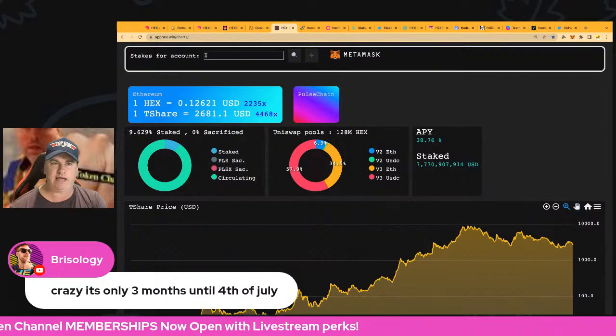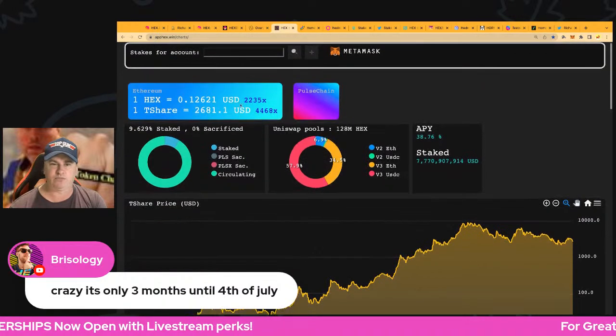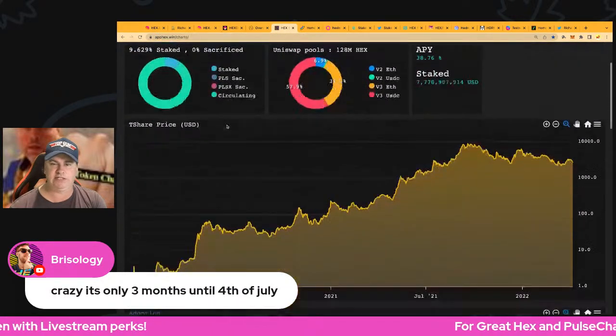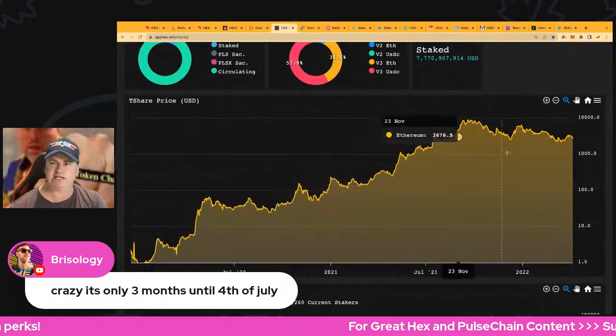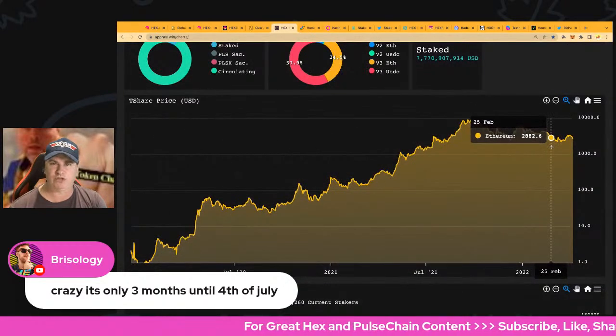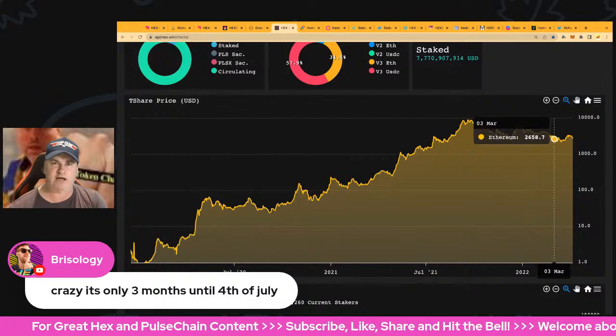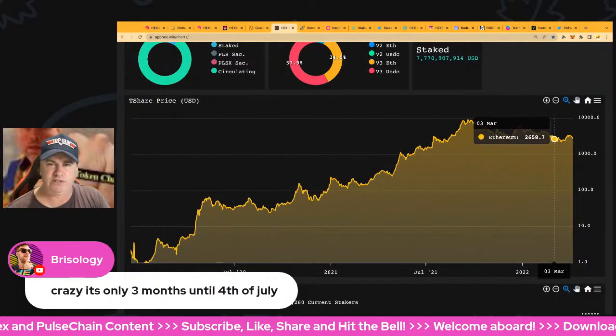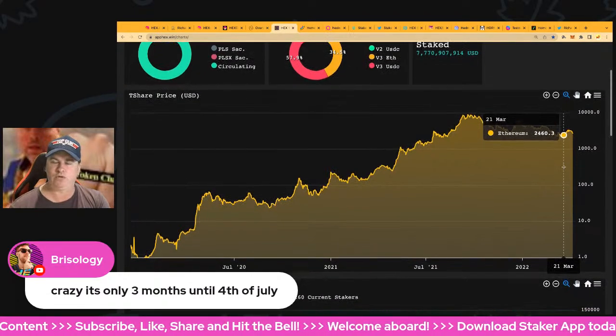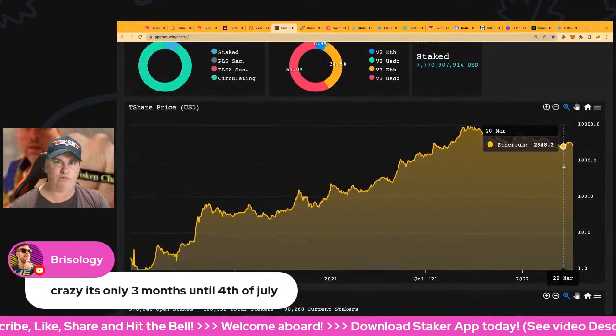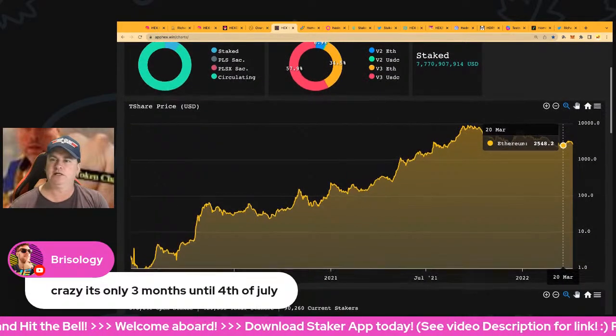Here we are on apphex.win. This has got some really cool charts, and of course you can see the T-share price rising up over time. So if you're wondering what it looks like, I've showed you different numbers, but what does it look like over a long time frame? So far, Hex is 2.4 years old. It's getting very mature, and with it closing in on 500 wallets and 100,000 stakers,